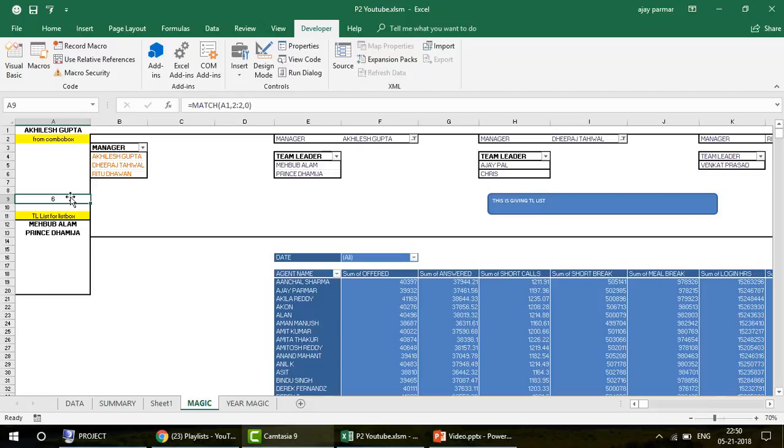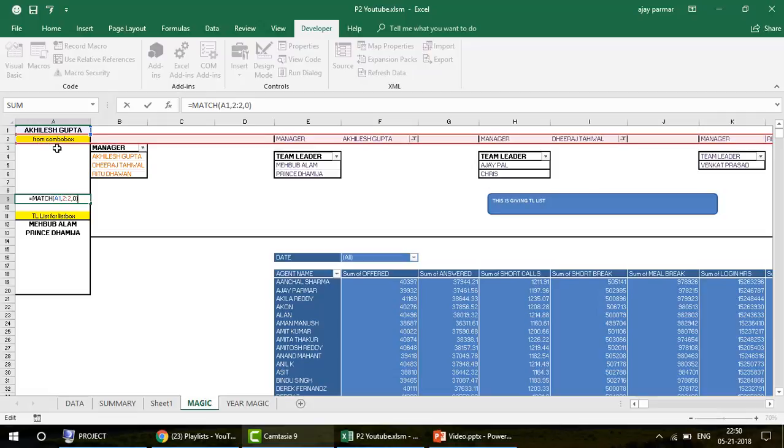So what is happening, whatever value is in the combo box, the one which shows the managers, whatever manager I get to see, that's going to be looked up by the match in this table. So we are saying look up Akhilesh Gupta in this table. This is the table which starts from 2 to 2. Wherever Akhilesh Gupta is found, that's exactly the column which I want to target, but with one